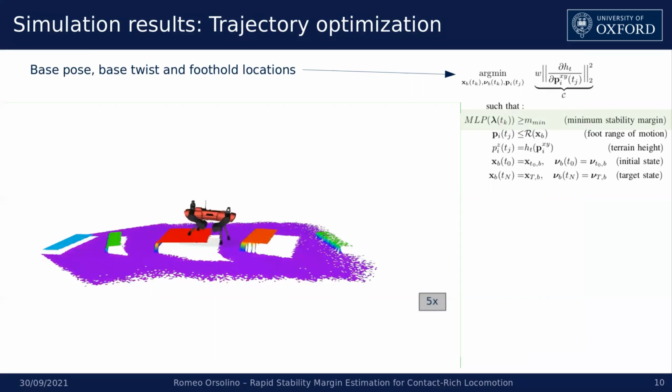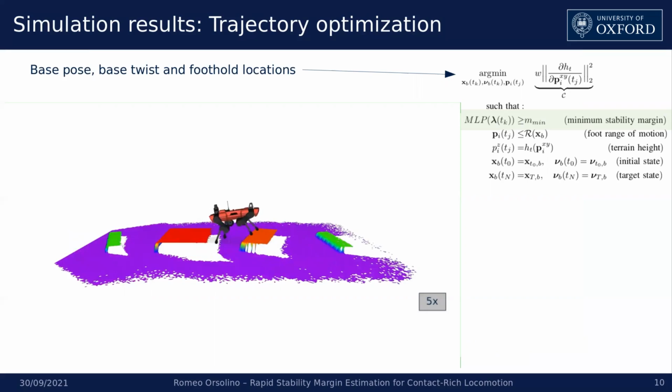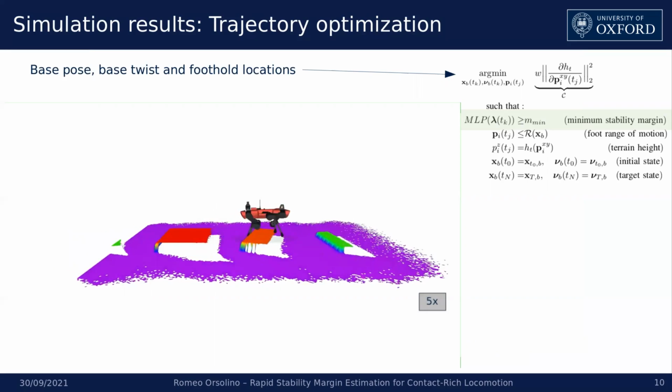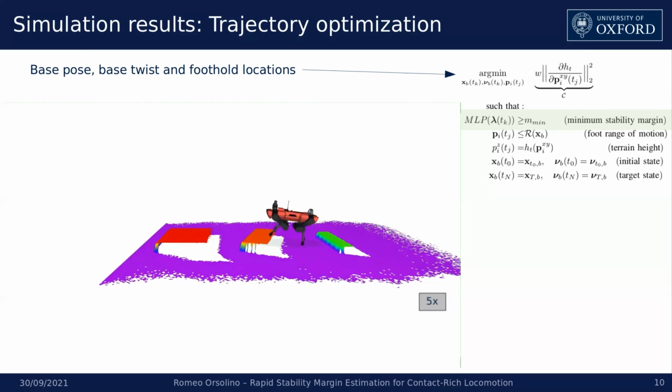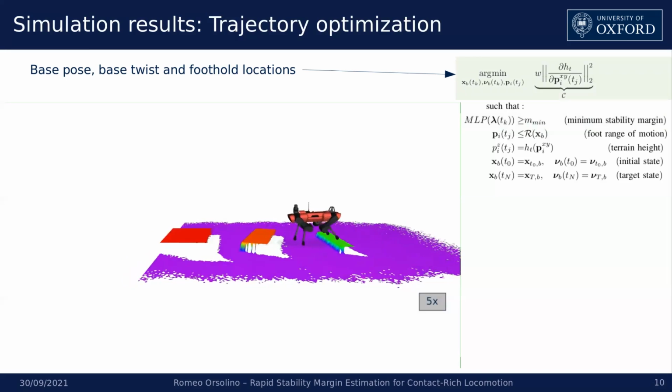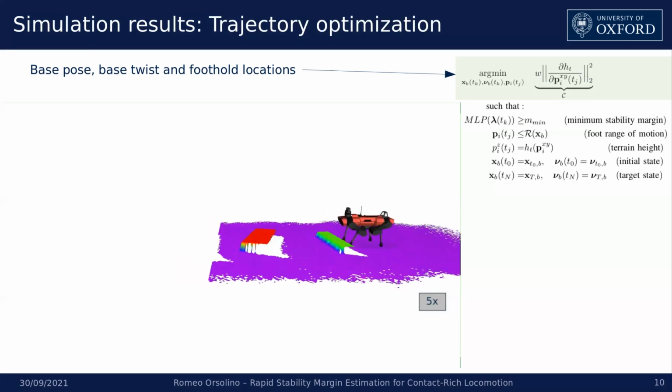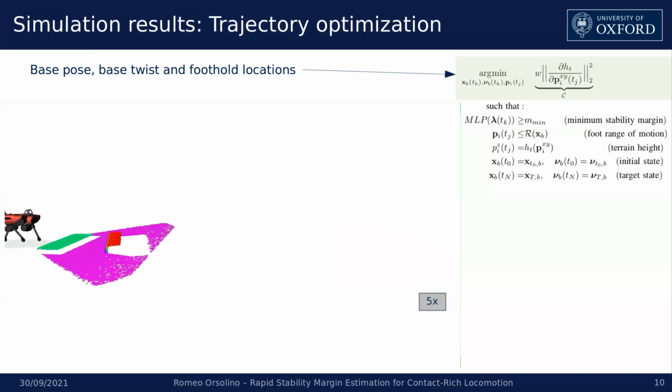The other constraints limit the range of motion of the feet and make sure that the feet height always matches the terrain height during the stance phases. The initial state corresponds to the actual state of the robot, while the final state enforces the desired steady-state velocity. The formulation also includes a cost that penalizes the slope of the terrain in the foothold locations. In this way, the robot achieves stable contacts and the necessary clearance from the step required to negotiate the obstacles